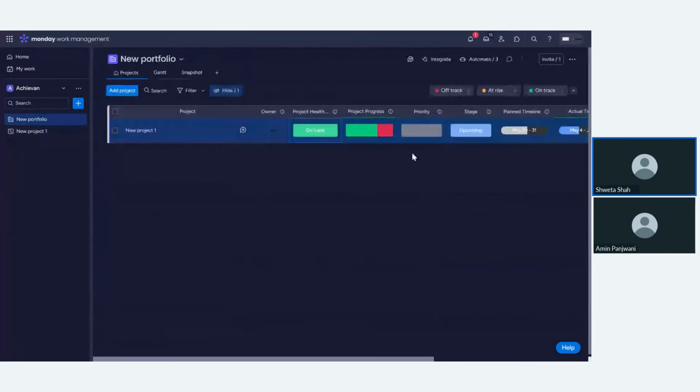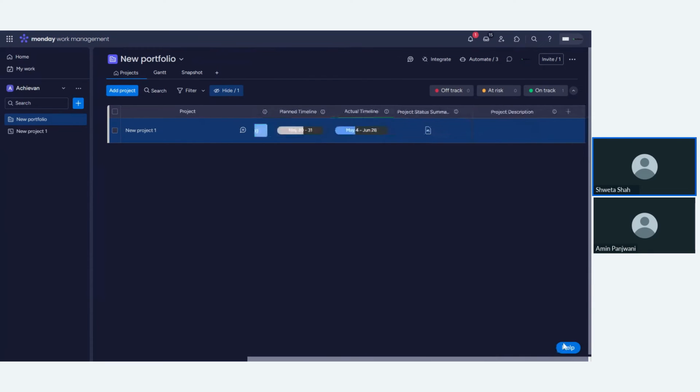So everybody, the people who are supposed to work on the project board, are just working on the project board. They don't have to update or enter the same information somewhere else, because the portfolio manager will definitely be busy, because he has so many projects and that's his job. So what monday.com has done is they are working on their board, but we have just connected these two boards in such a way that everything from the project is rolling up to the higher level. And it has made the life of the project portfolio manager simpler, and of course everybody's life,